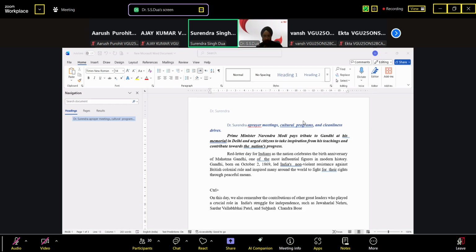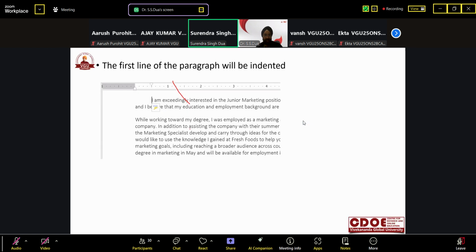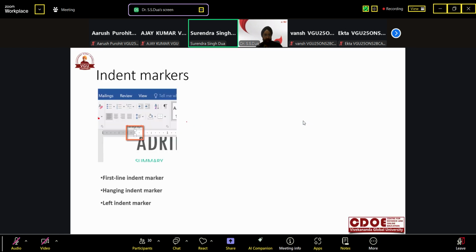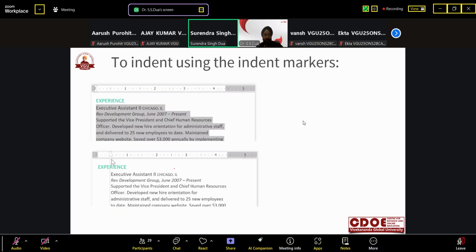Share my PPT. So it is called first line by the ruler. Now indent marker. This one is also called indent marker. Many kinds of indent are available: first line indent marker, hanging indent marker, and left indent marker. So indent using the indent marker, or this one, if I again share my Word file,